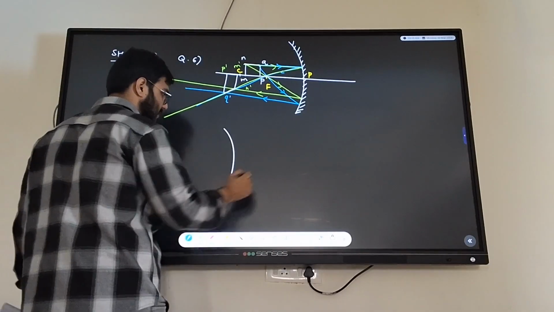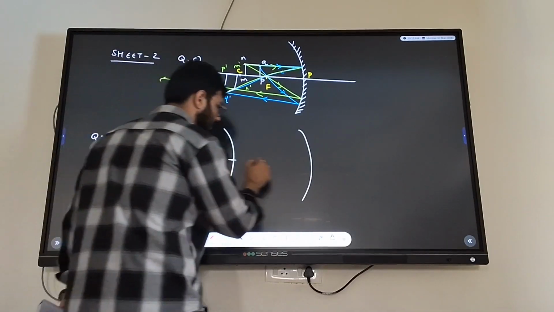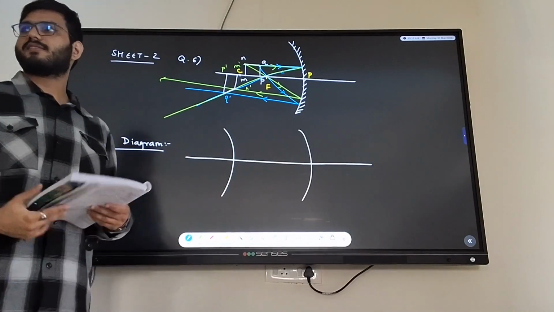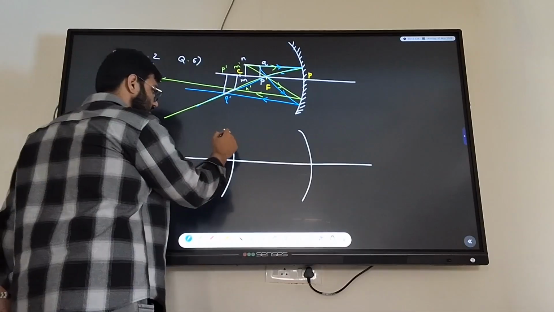The diagram is something like this. You have 2 mirrors this time, right? You have a common principal axis. One of them is convex, the other is concave. But now which one is which? So this one